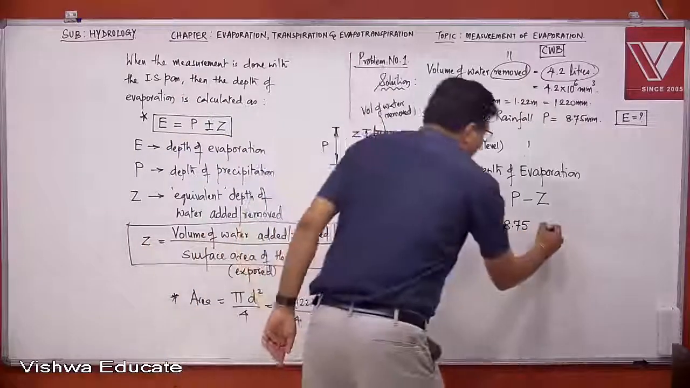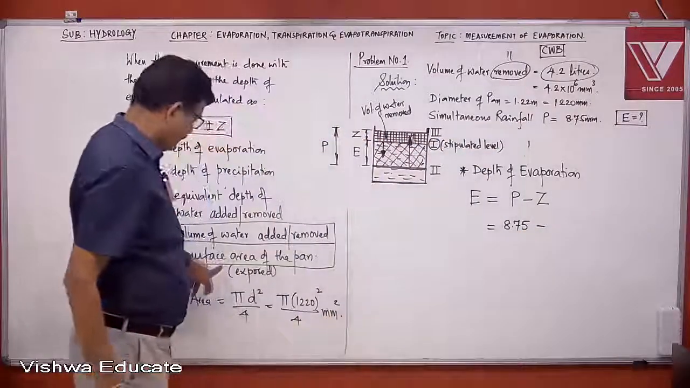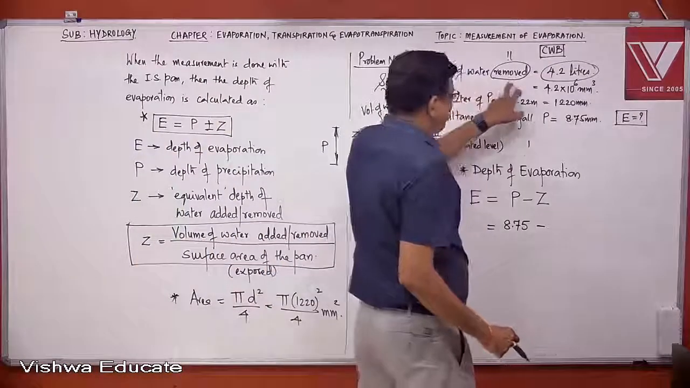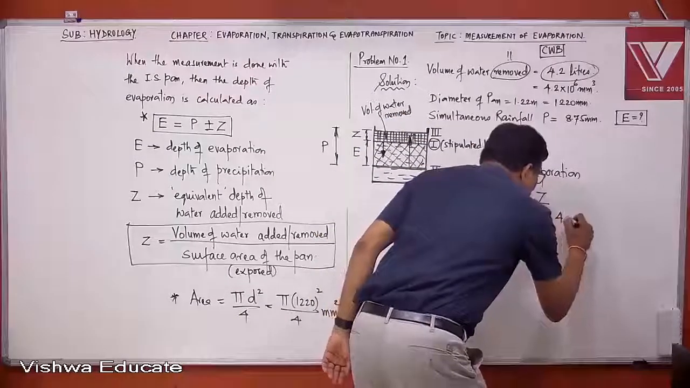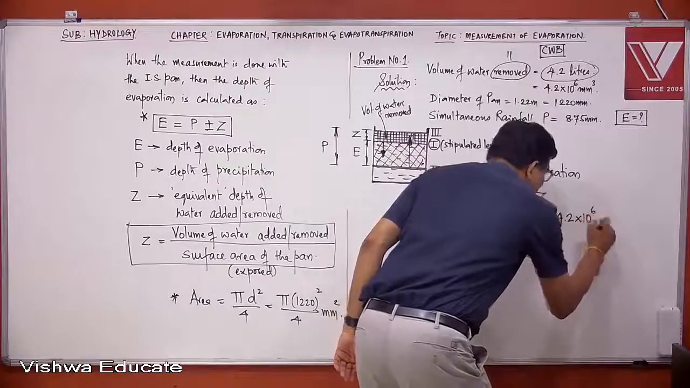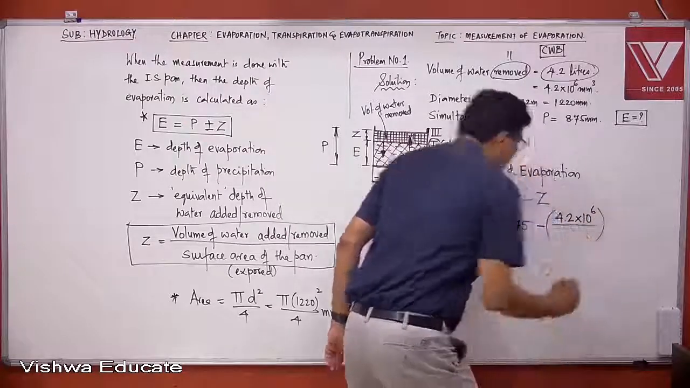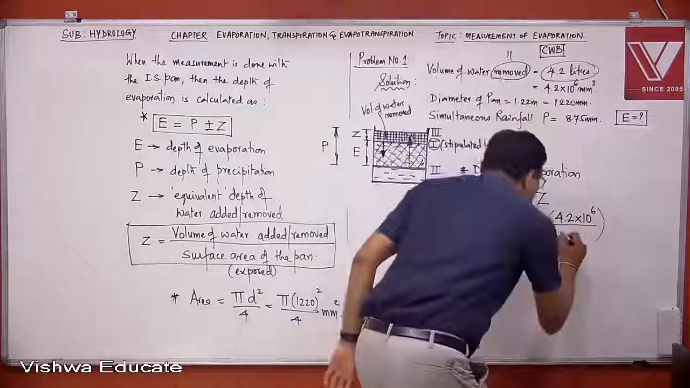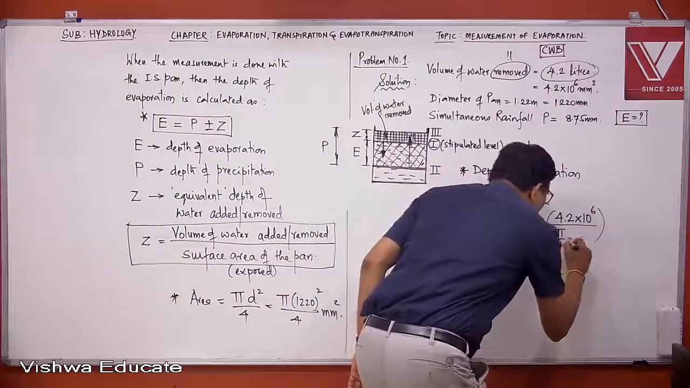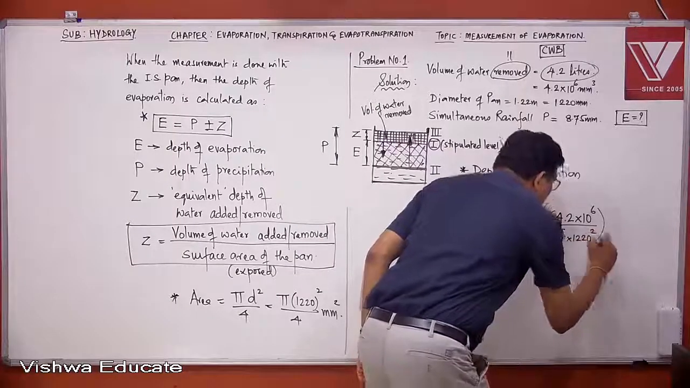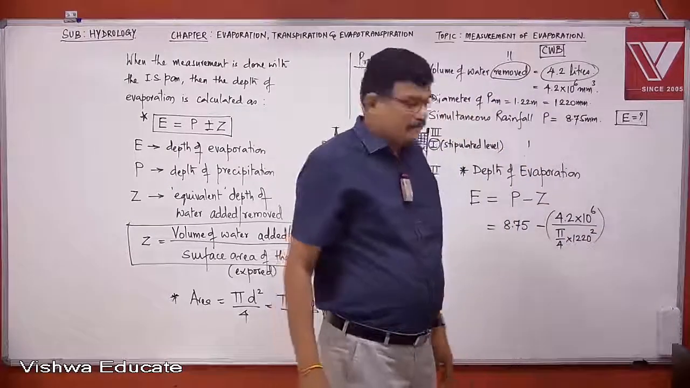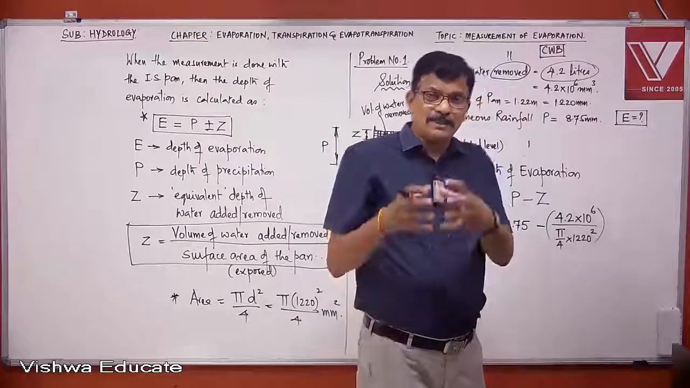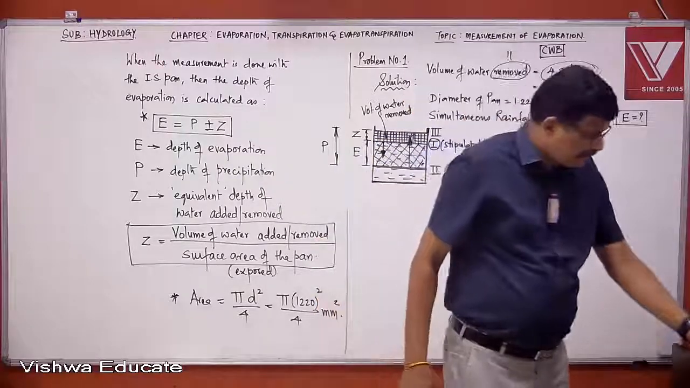And how do we calculate Z? Z is calculated from this formula which I have highlighted. That is the volume of water that is removed, 4.2 into 10 to the power of 6, divided by the area. How much is the area? The diameter is given. This is pi by 4 into 1220 squared. This is the depth of water that is removed from the pan before the measurement is done, and this gives us